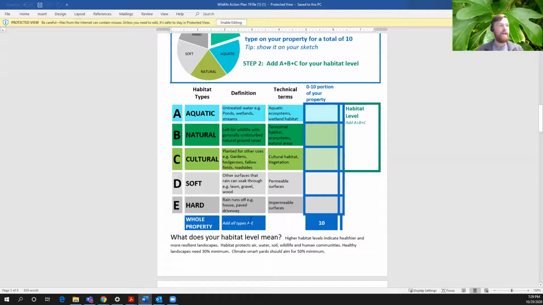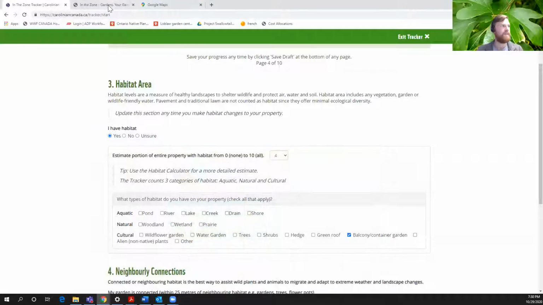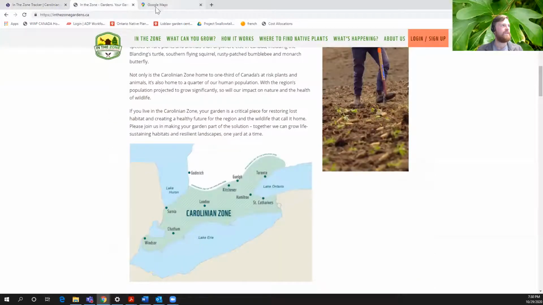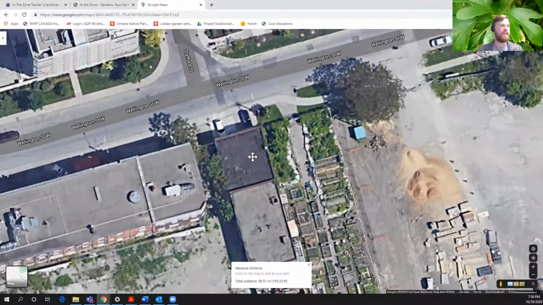And then finally, the last category is hard. This would include your house, for example, unless you have a green roof, in which case, again, you might be able to count that as cultural. Paved areas, your driveway, paving, that kind of stuff. So the idea is, I'll go back to my example here: take your garden area